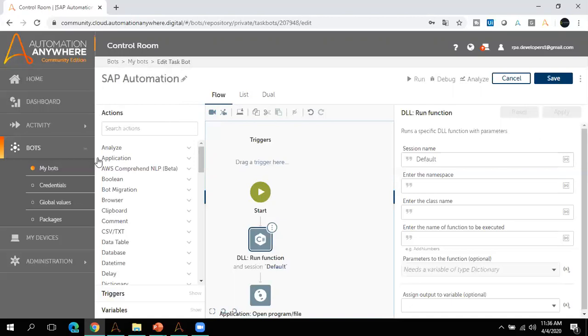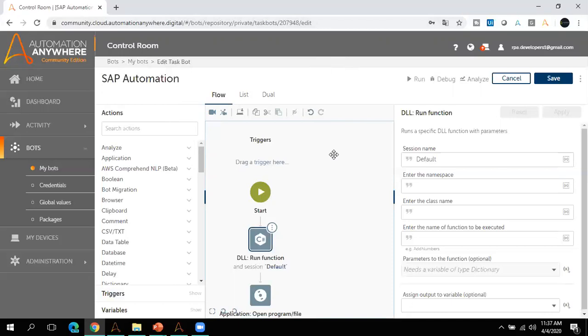So you might have a question: how is Automation Anywhere running, how are we going to run the bot, and how are we going to schedule a bot in a bot runner? Once you have this link, let's say you request the Automation Anywhere team to provide access to the community edition. They will send you a link which will give you access to Automation Anywhere A2019 using your user ID and the password provided by Automation Anywhere.